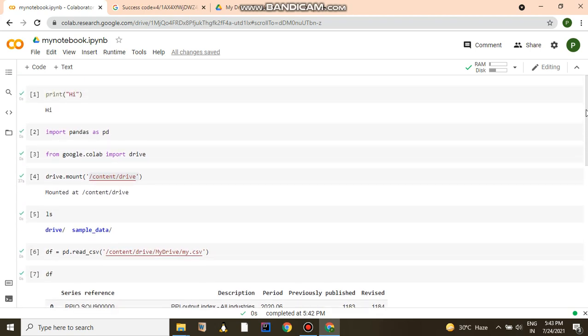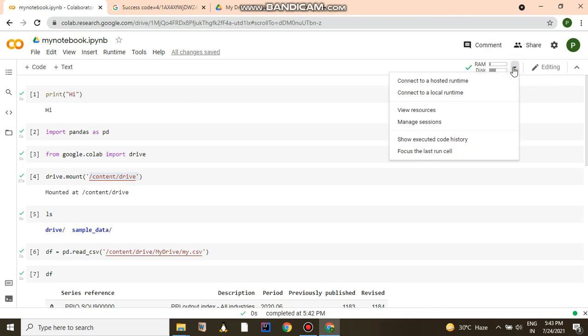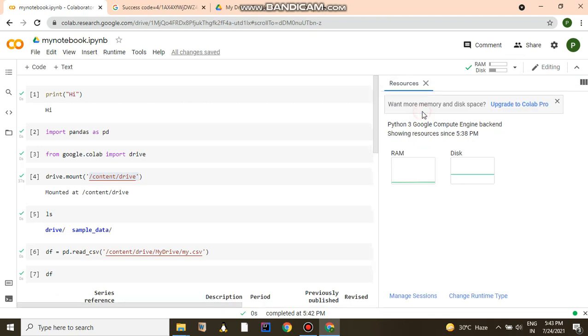And this Colab platform will provide you with certain limited resources. If I am not wrong, around 12 GB or 30 GB disk drive is provided by the free version of Colab. And if you want to upgrade, here is manage session. Now you can click on it.